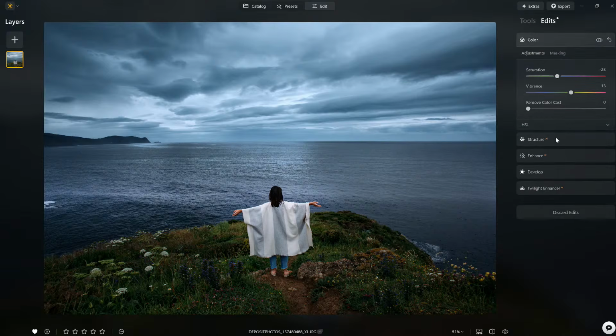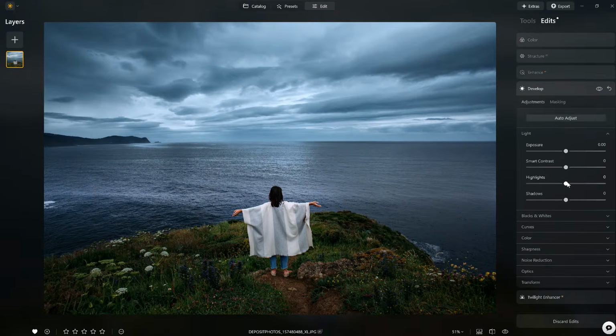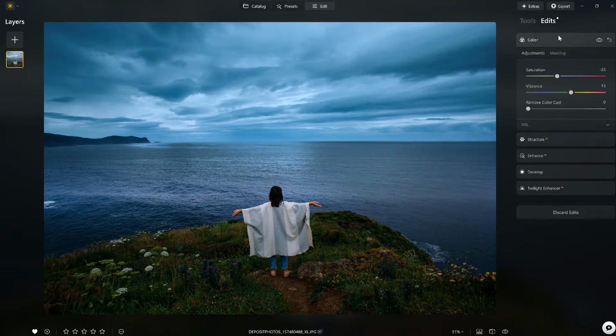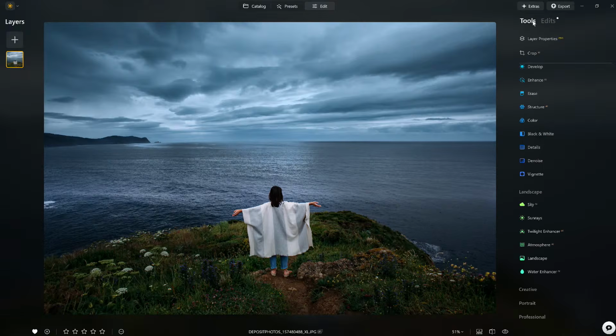Now, since we're dealing with a non-destructive workflow, and again, I'm going to come back to the edits and think of that as your history. Well, what I didn't do was I want to adjust the overall highlights of the scene. Now, once I do that, I'm only seeing develop and twilight. Now, if I click on color, now all of it brings it back together. All right, so let's see the difference. Before,